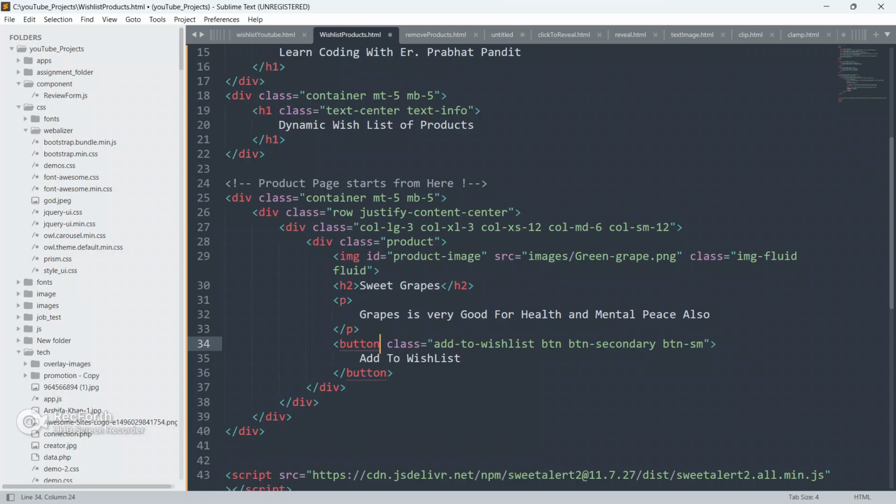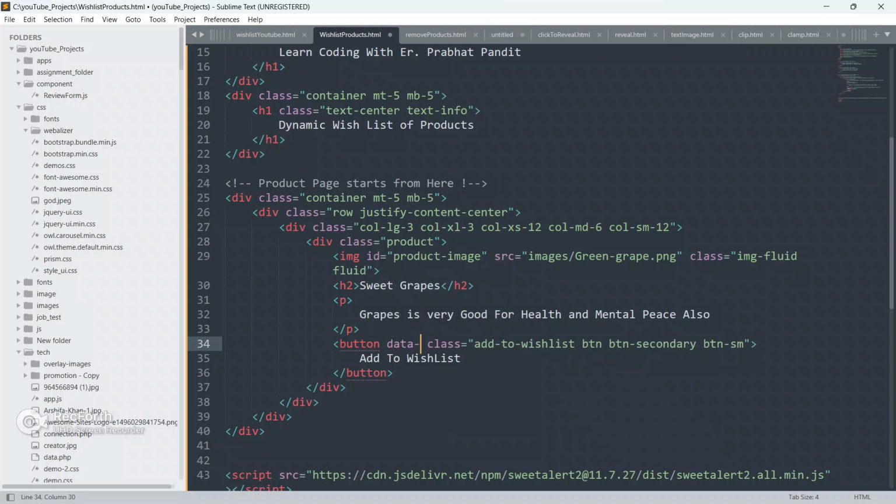And guys, now we are going to define some data set on the button element only. Always remember, we are going to define some data set on the button element itself. So just pay attention guys.